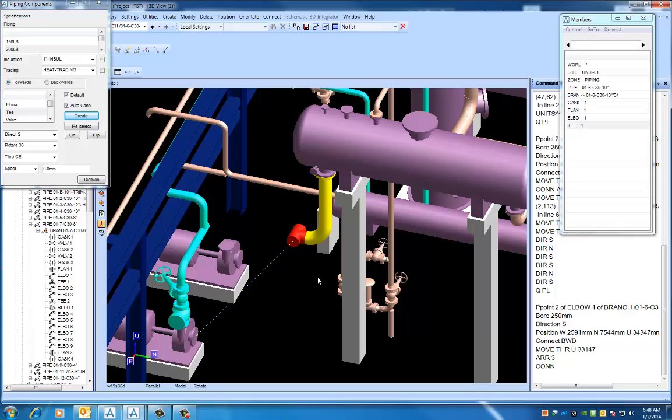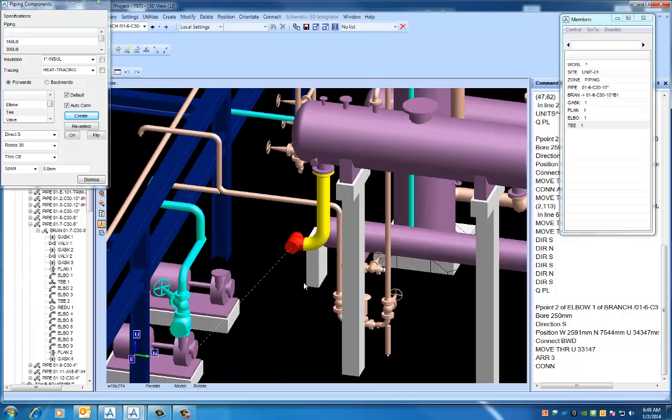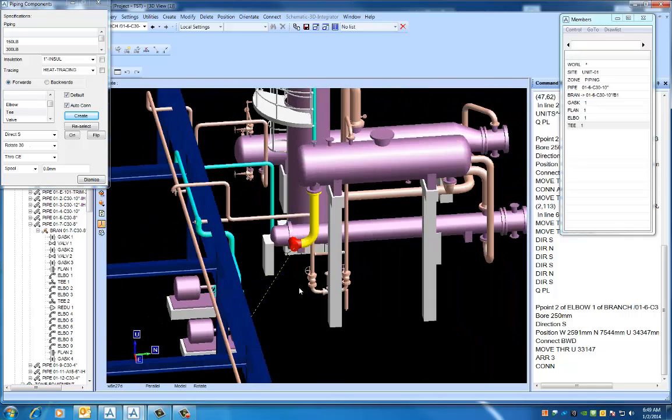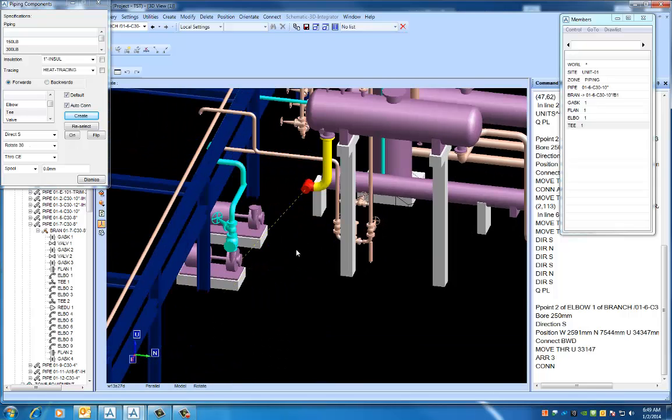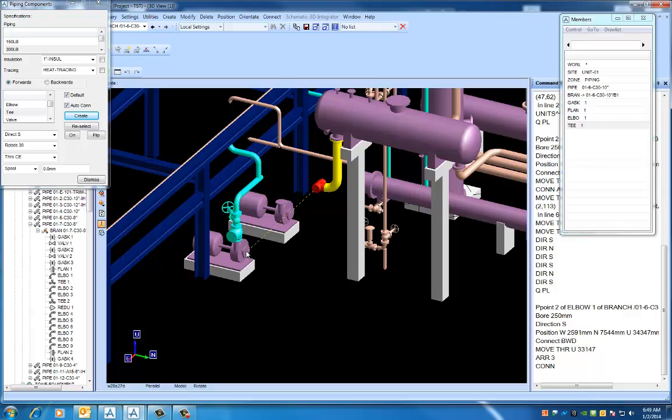Okay, so again, referring to our book, we can see that our T is not fitting makeup to our elbow like it is in the screen. So there's a few different things we can do. We can look at our plan drawing and try and determine the coordinate of that T. But I think the easiest thing to do is to now start working in backwards mode and start working from the pump suction nozzle, working backwards, because as you can see in the book, that is fitting makeup